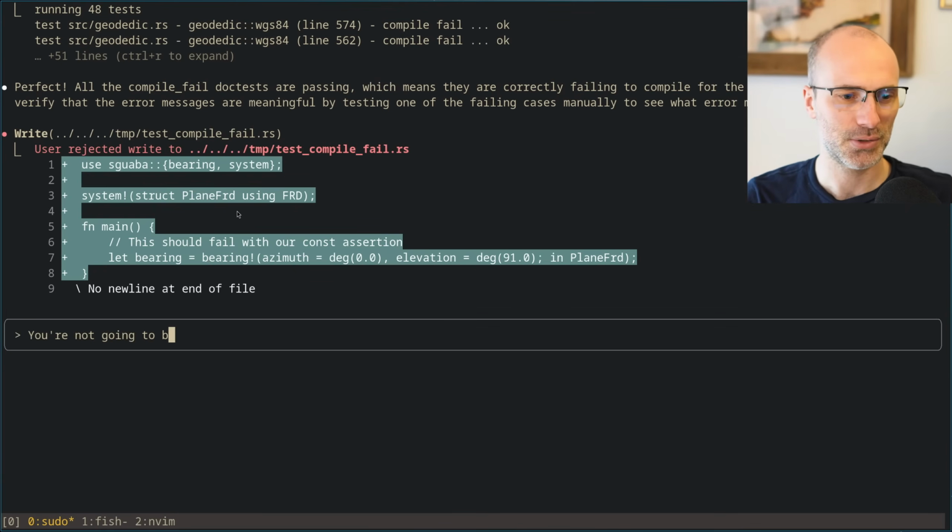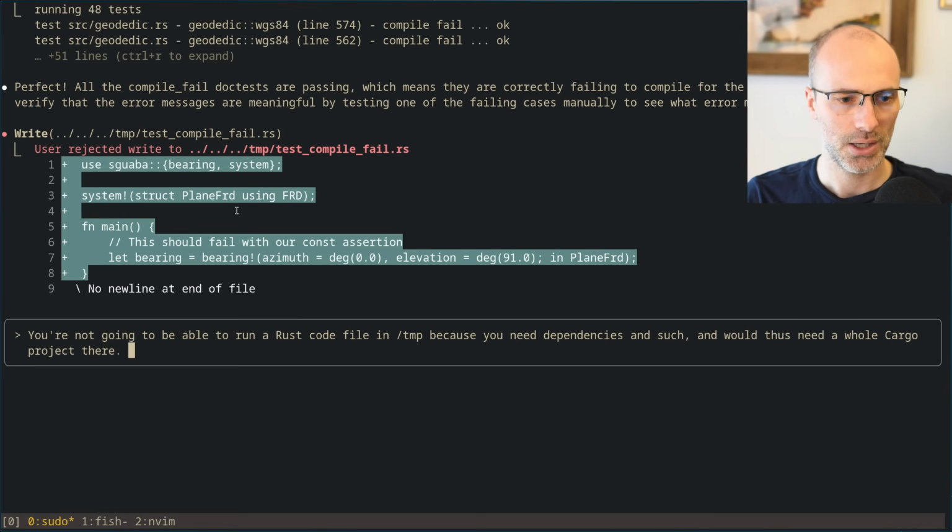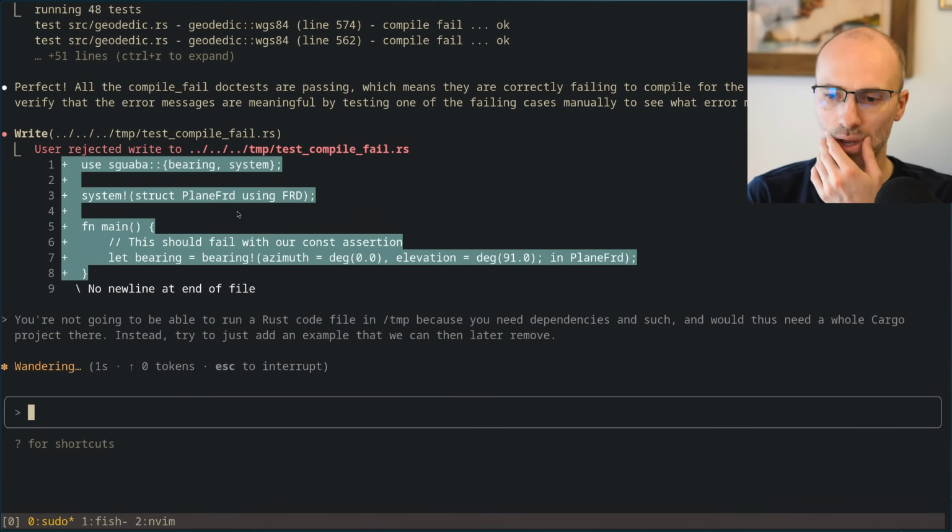You're not going to be able to run a Rust code file in temp, because you need dependencies and such, and would thus need a whole cargo project there. Instead, try to just add an example that we can then later remove.